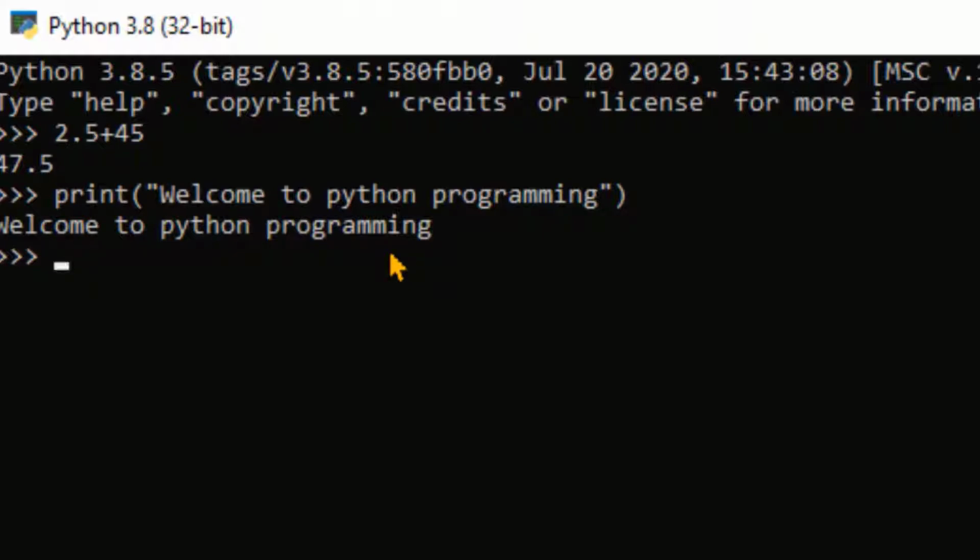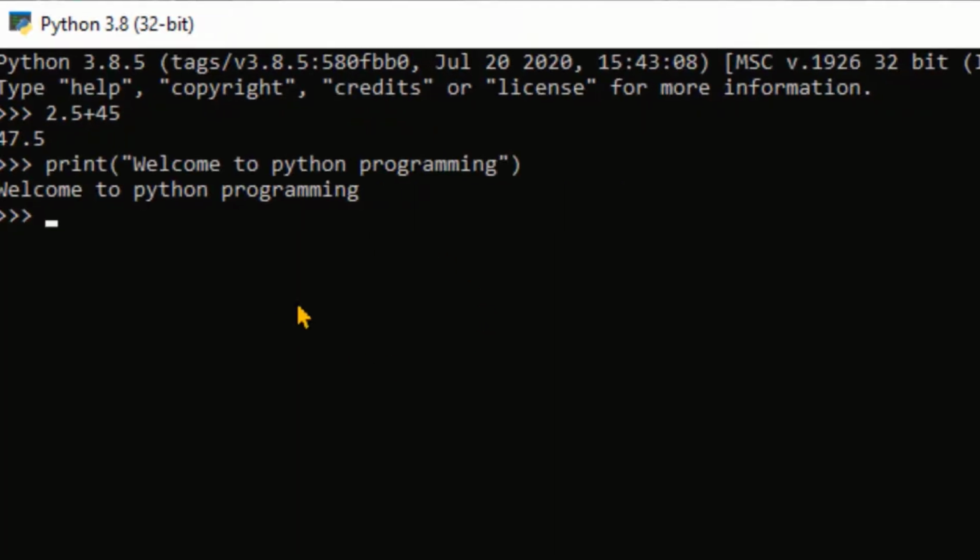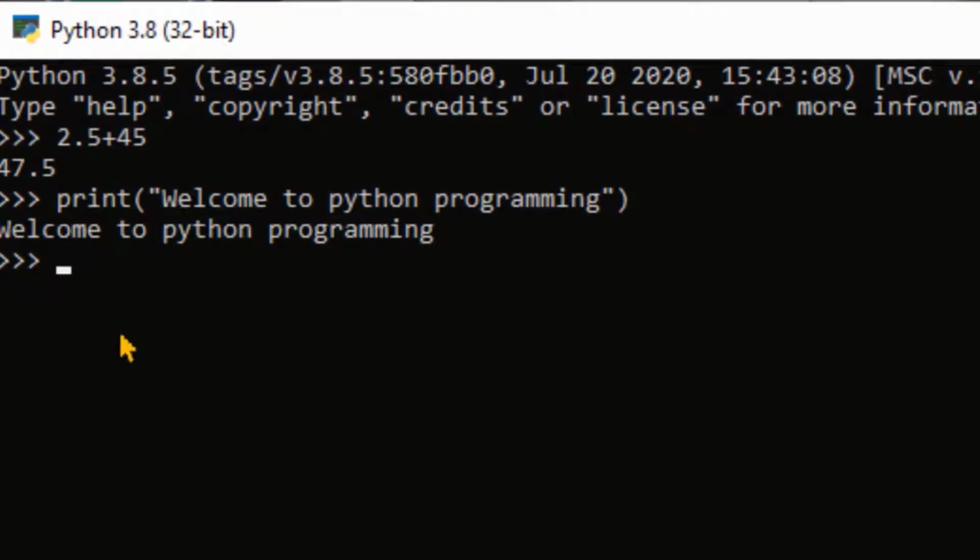Python programming is simple and it is easy to understand. This interactive mode provides us a quick way of running blocks. We can also run multiple statements on the Python shell. We can declare variables and do simple calculations, and let's see how to do that.